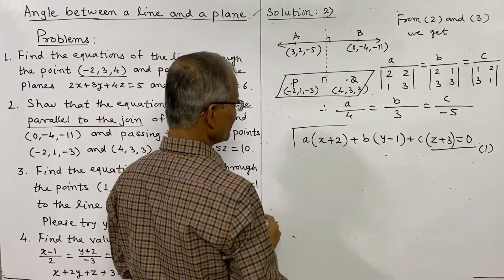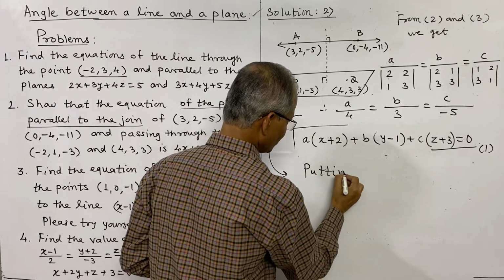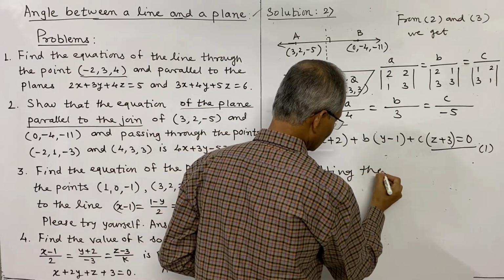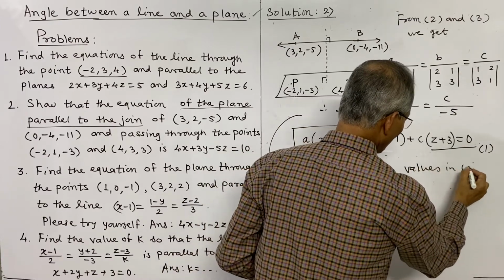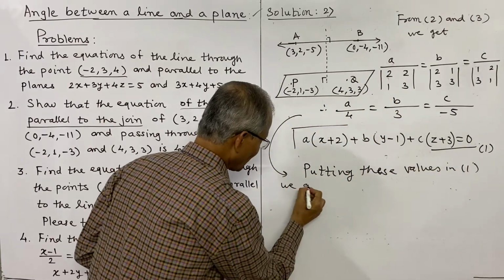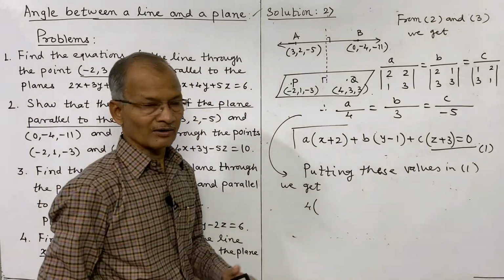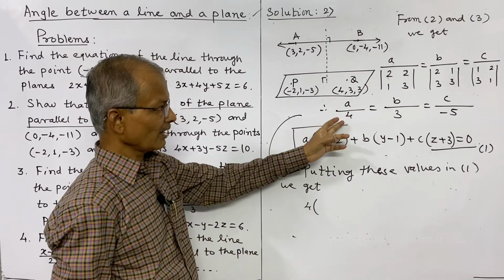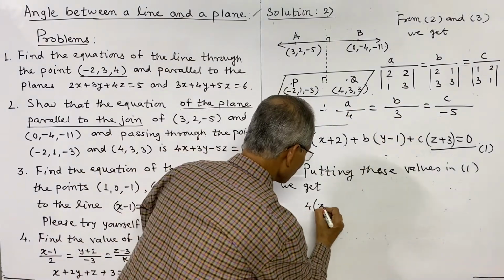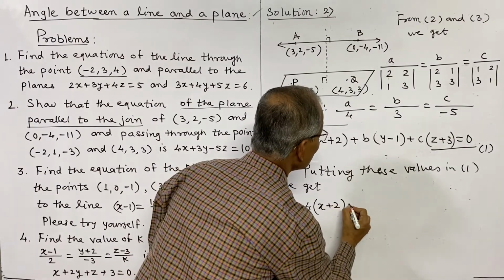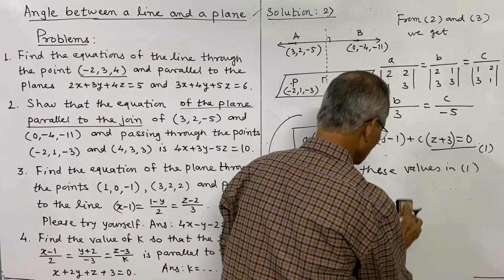So I shall continue here, putting these values in 1, we get A is 4, proportional values, and therefore directly we can take A as 4, B is 3, and C is minus 5. So A is 4 into x plus 2, and B is 3, y minus 1, and C is minus 5,